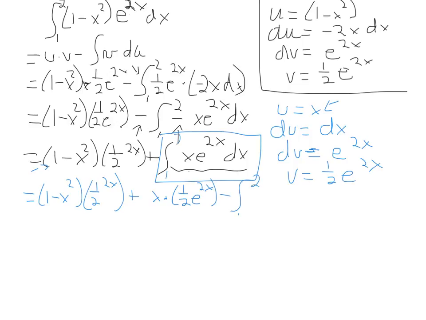I haven't been writing that in every step, sorry. Integral from 1 to 2 of v du, and that's where the simplification of the du comes out for us, because it's just dx. So now I just have one function that needs to be integrated, and so when I integrate that,